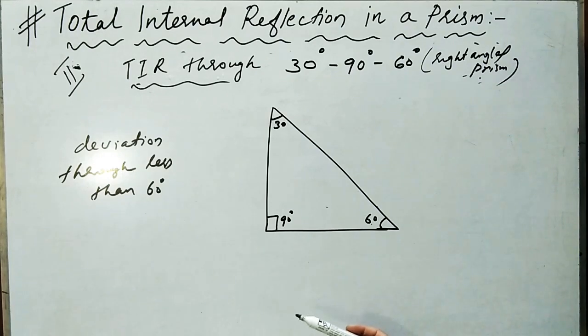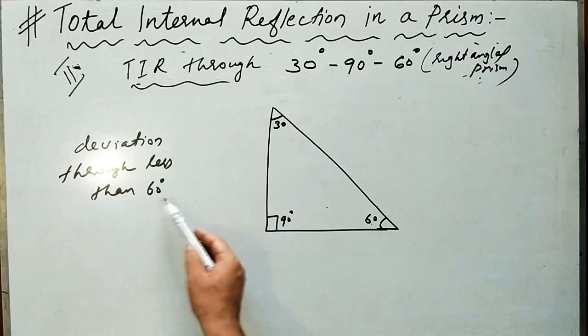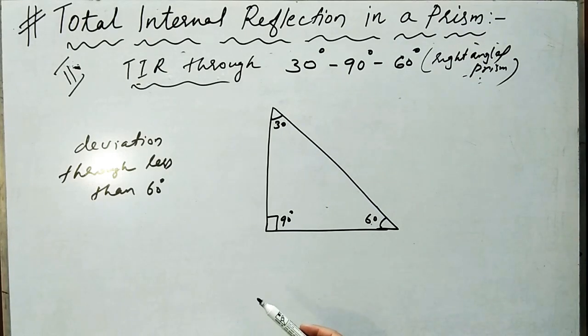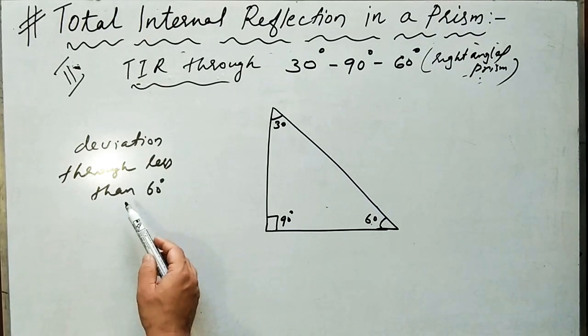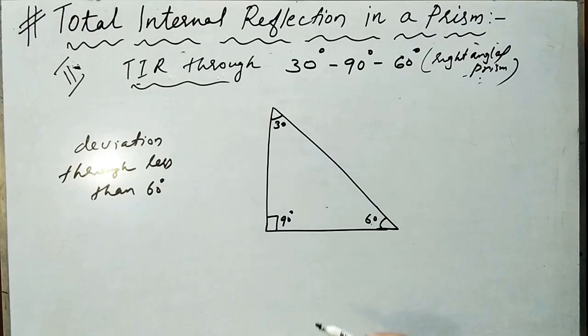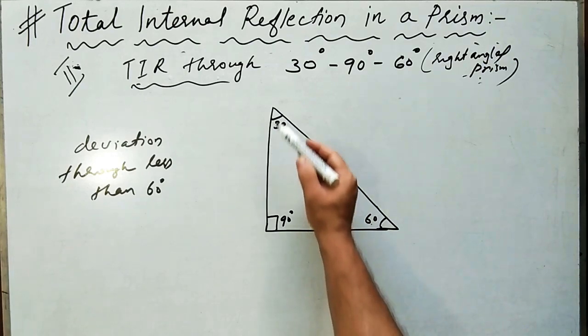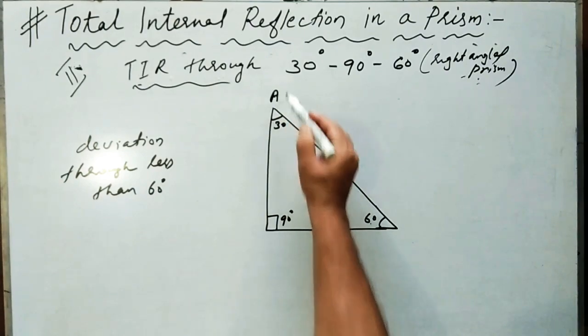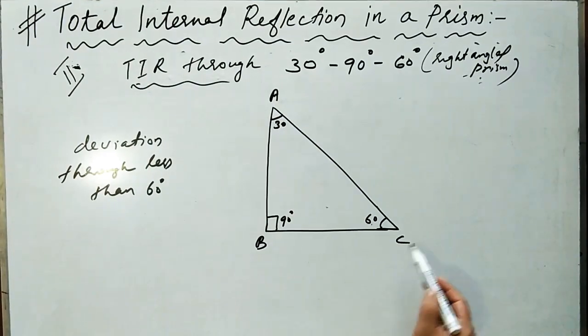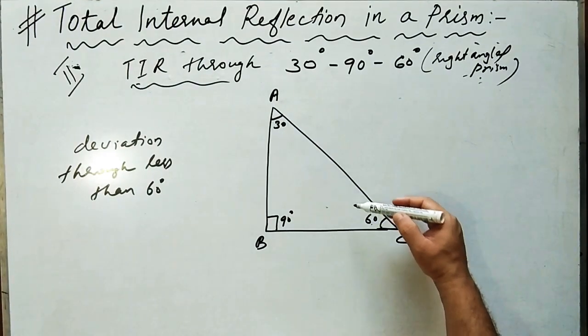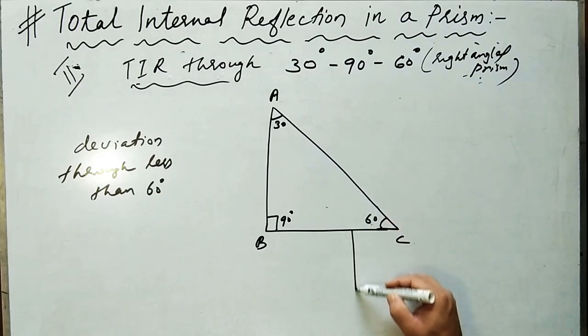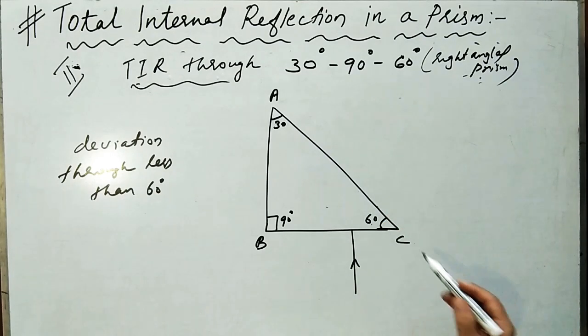This right angled prism can be used to deviate a ray of light through an angle less than 60 degree. Now let us study the deviation of light ray through less than 60 degree, how it turns a ray of light through less than 60 degree. For that, let us consider a ray of light. This is a right angled prism A, B, C, and a ray of light is incident on the surface BC normally,